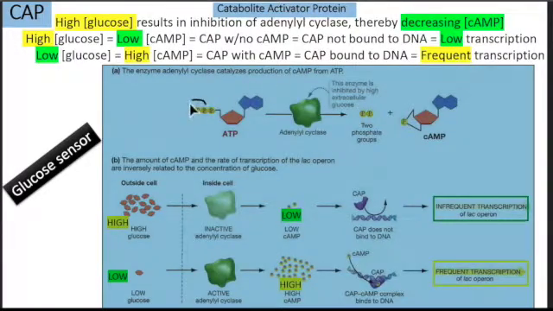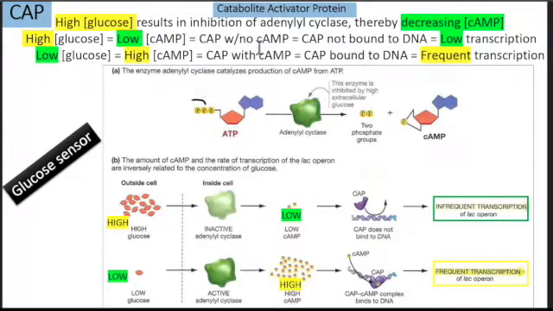What is that? PPi, pyrophosphate, right? That's what this is, pyrophosphate. And so you've got cyclic AMP. Cyclic AMP is a wonderful second messenger. That tells the cell a lot. In this case,